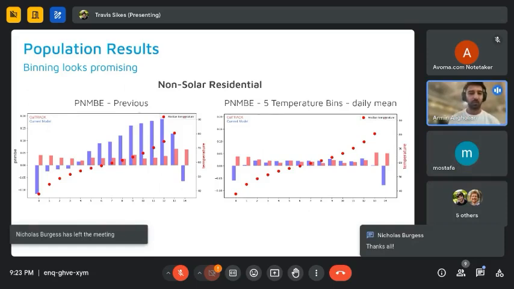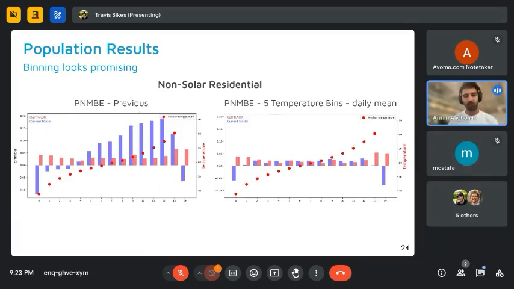Both for the GHI and changing the number of bins, we actually changed the number of bins from 5 to 20, and surprisingly, 5 was the ideal number, but this plot is based on 15 bins. So we are plotting based on 15 bins, but we are training based on 5 temperature bins.